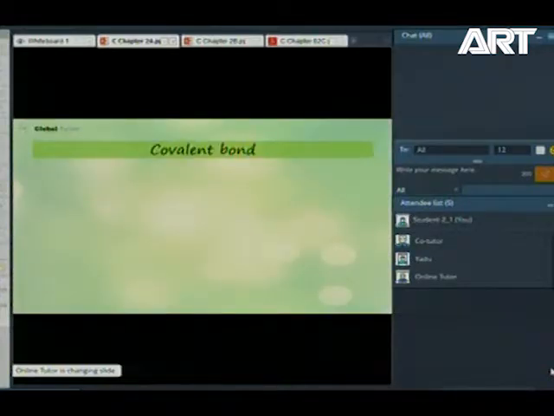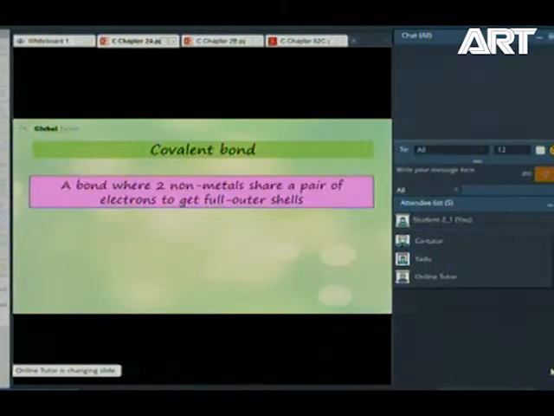Let us now see what a covalent bond is. This is a different type of bond. There is only one difference. These also involve electrons. The only difference is they do not donate an electron completely. What they do is they share the electron. For example,